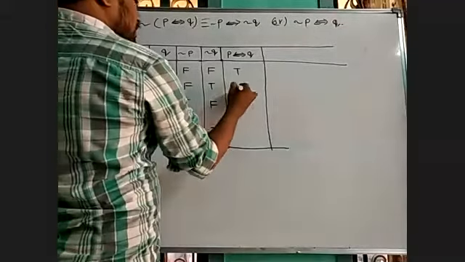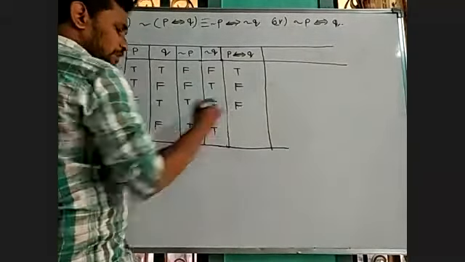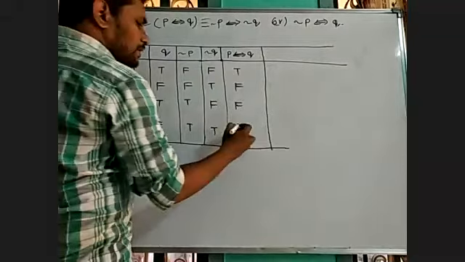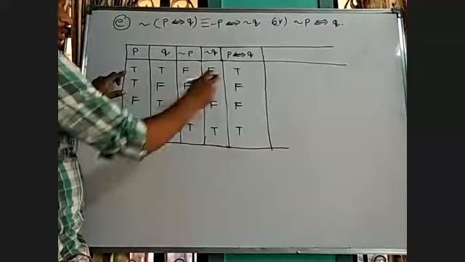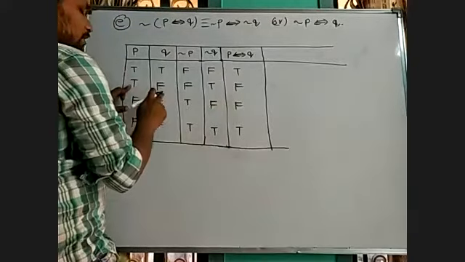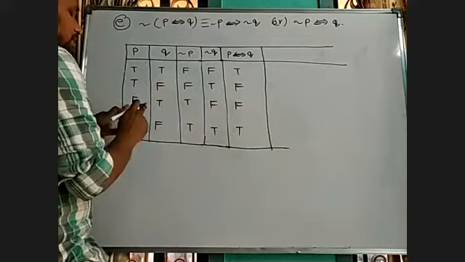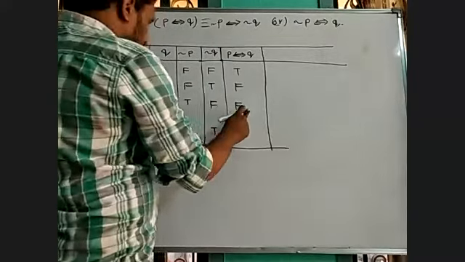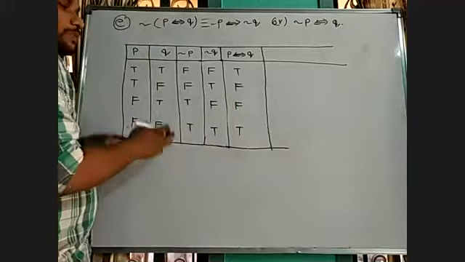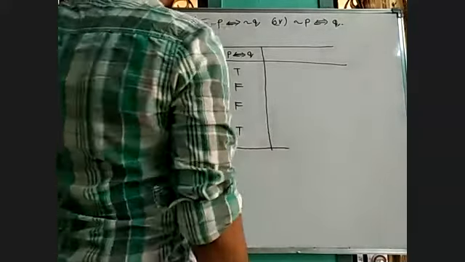True false means this is false. False true means this is also false. Next false false, what we get? True. Why? Both sides are equal. This is also true, this is also true. That's why I'm getting true. This is true, it is false. It is not balancing. That's why I'm taking false. This is false, this is true. They're also not balancing. That's why I'm taking false. False, false. Both sides are balancing. That's why I'm taking true. Okay. From this